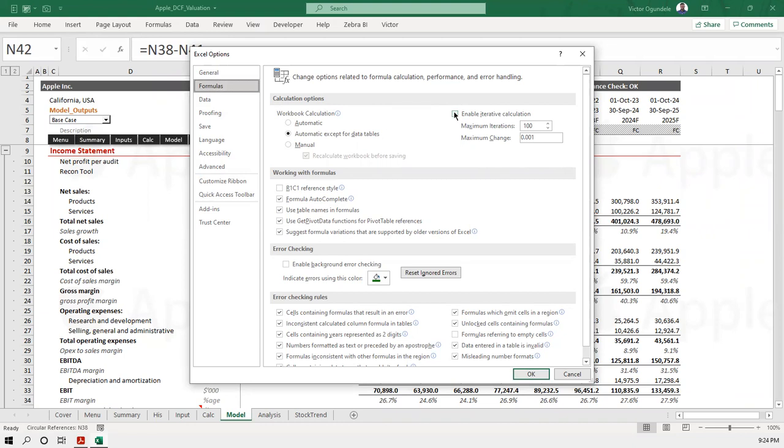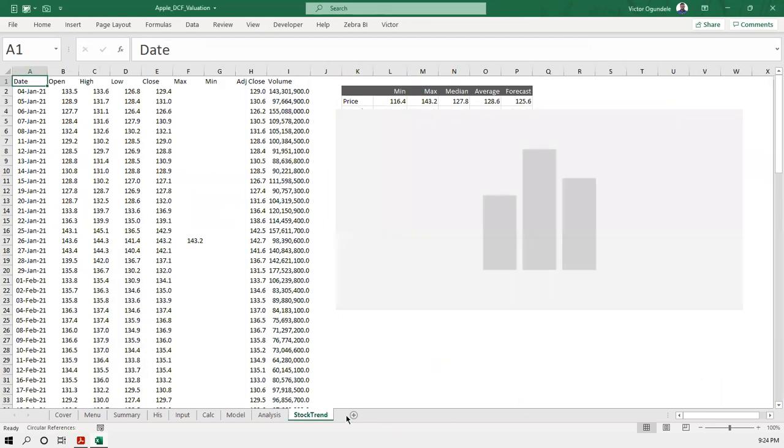But it's always good to remember to switch it off, because you can be working in your Excel and make some mistake that is not intentional. If this is on, it will just automatically allow the error to work. That's very dangerous. One finance guy was relieved of his job because of this. He forgot to switch off the enable iteration. So one of the errors this can allow is this.